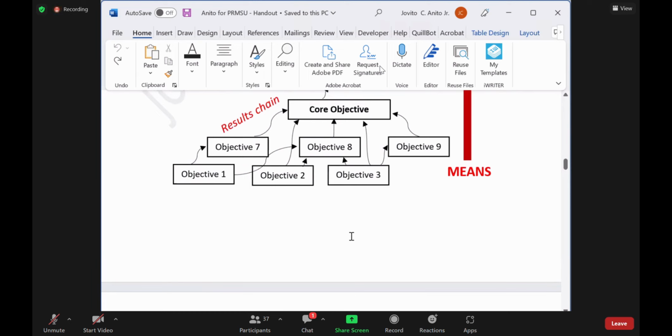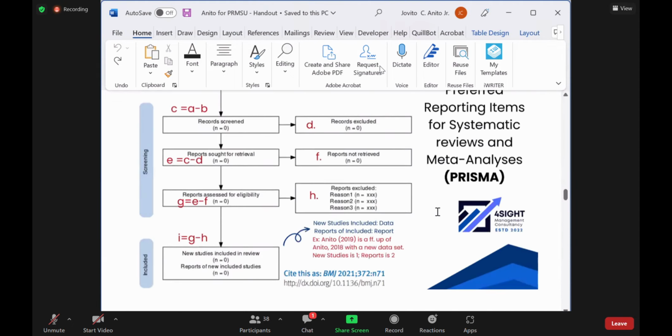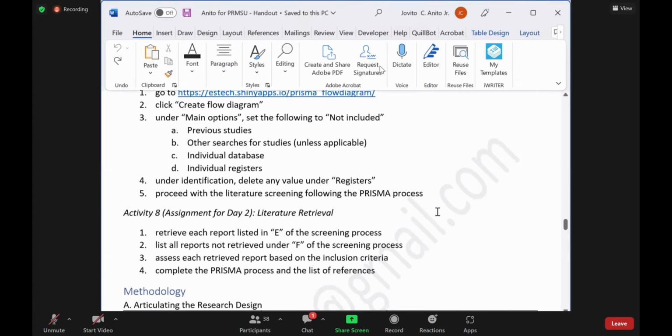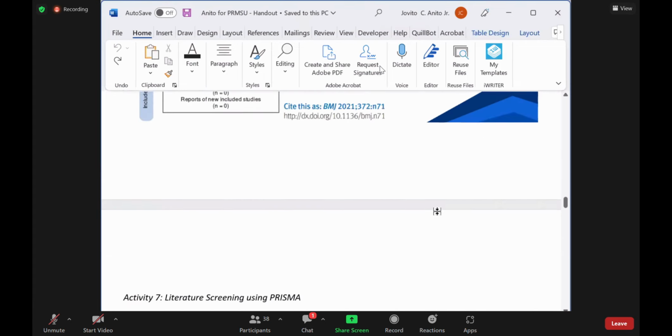We transform the problems identified in the problem tree from the results chain process. We identified or we have selected some of the problems which we transformed into objectives. And these objectives became the basis of our logical framework. Then you write the logical framework. After you write the logical framework, you can start